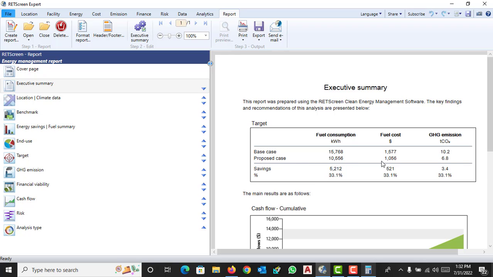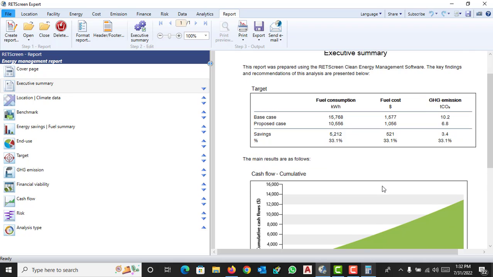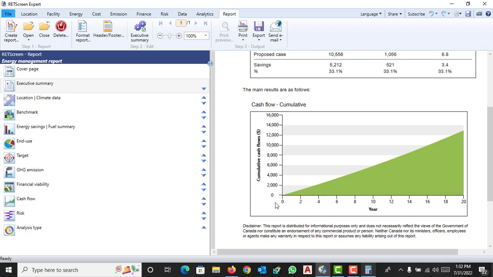In the proposed case, it's reduced from 1577 to 1056, and you are going to save 33% of your cost per annum. And the payback is 20 years. In 20 years, you will pay back the whole